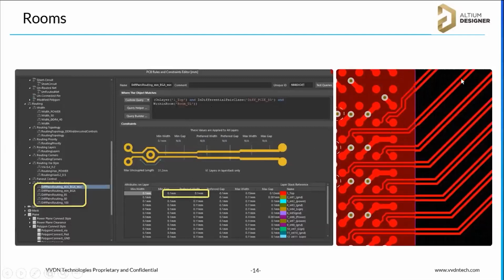So by default, while routing, you don't have to stop and change the track width. Automatically, if you enter this area, it will just neck down and complete the routing. That is the benefit of room options. Especially for routing, there are a lot of advantages of using room, and in other areas like placement and placement replication too, but mainly for routing I'm explaining. You can use this room for area constraints, track width and spacing, any space constraints, and the neck down.